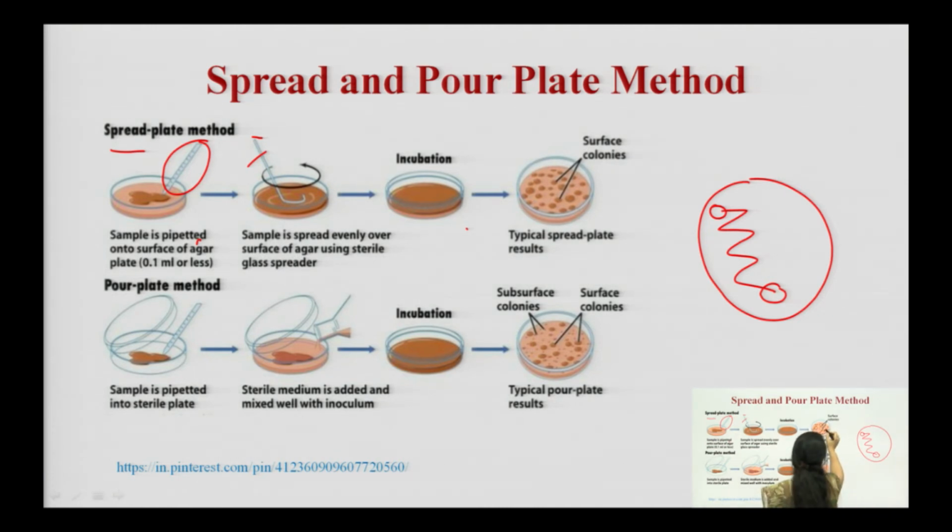We will observe the colonies like this, as you can see colonies will develop. Typical spread plate results means isolated colonies you can see in the plate. These isolated colonies contain a single type of microorganism, a single species. Those pure colonies are isolated, picked up and added to the fresh media, and when we add these single colonies to the fresh media, they will generate pure cultures, containing a single type of species, single type of microorganisms.